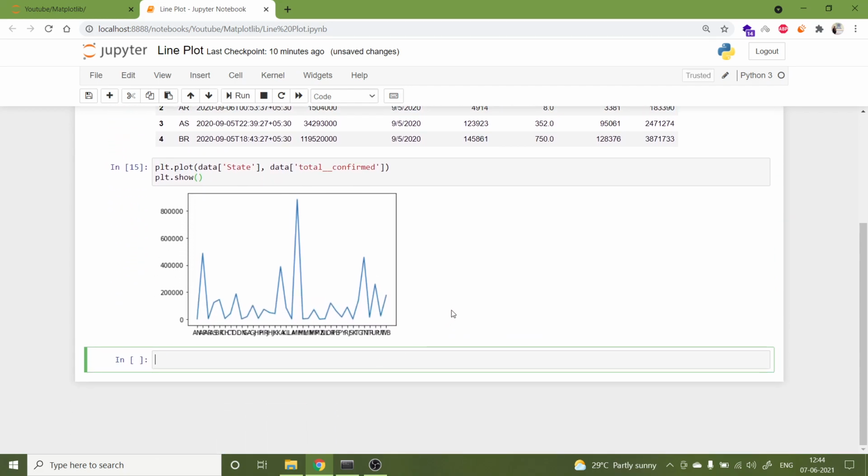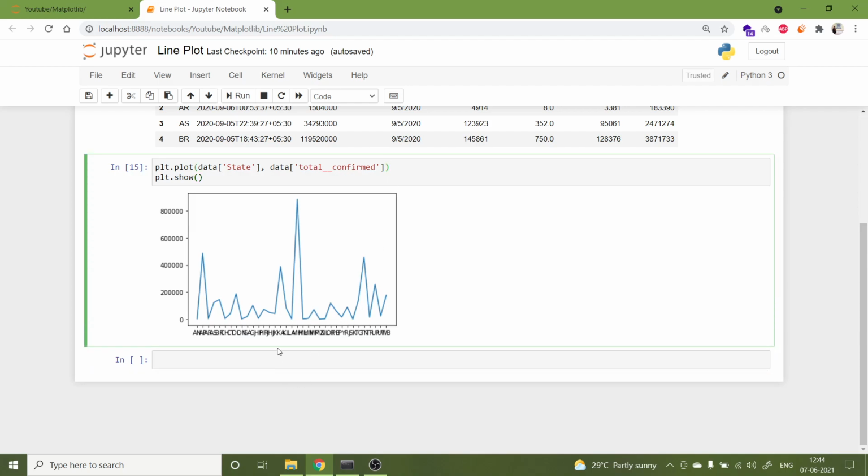As you can see, this is the most basic graph. We will do the customization, no need to worry about it. We will definitely do the customization and make it look more beautiful than this. So this is our basic graph. As you can see, states are on the x-axis and total cases are on the y-axis. But the problem with this graph is we are not able to see which state has the highest value. As you can see, this point has the highest value, but we are not able to read it. By doing some customization we will be able to modify it.